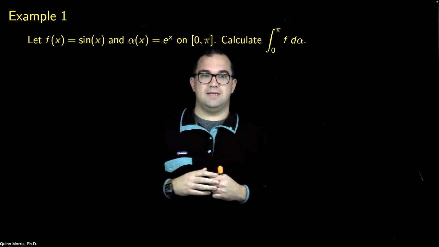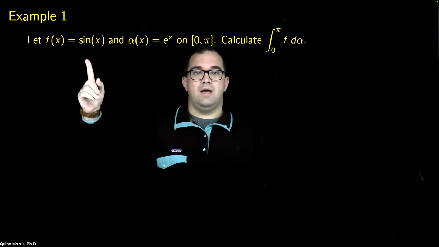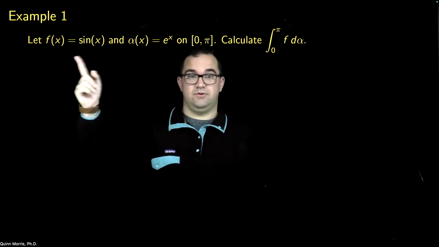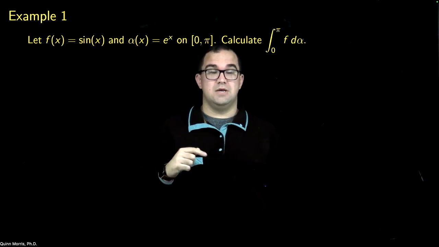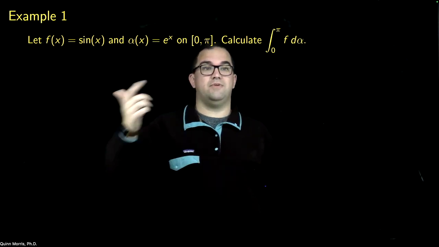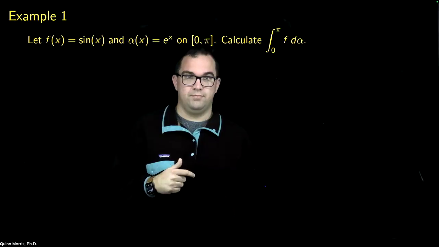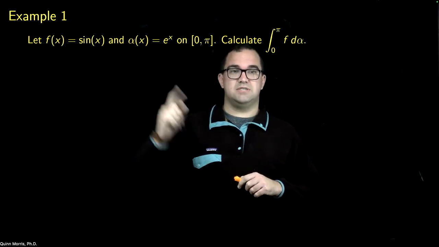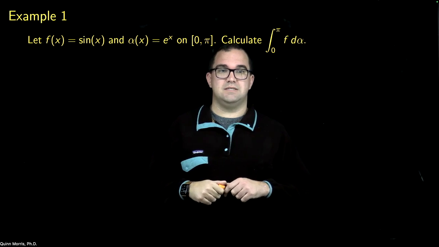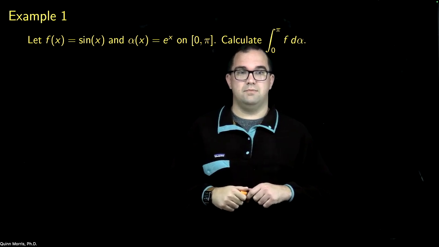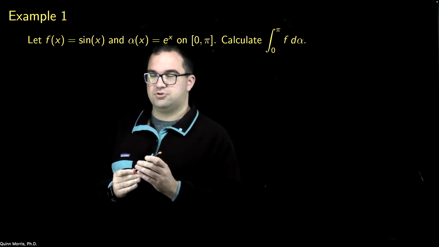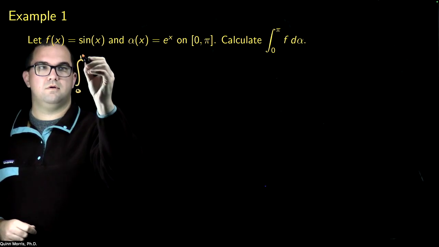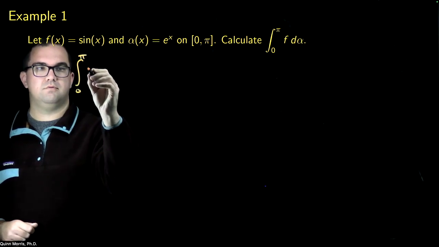And in this particular case, we can actually say even more. F is continuous. Alpha of x is also continuous. And in fact, not only are they both continuous, they're both differentiable, and they're infinitely continuously differentiable. So these are very nice functions. In particular, since this alpha of x is differentiable on the interval from 0 to pi, we can actually calculate this integral